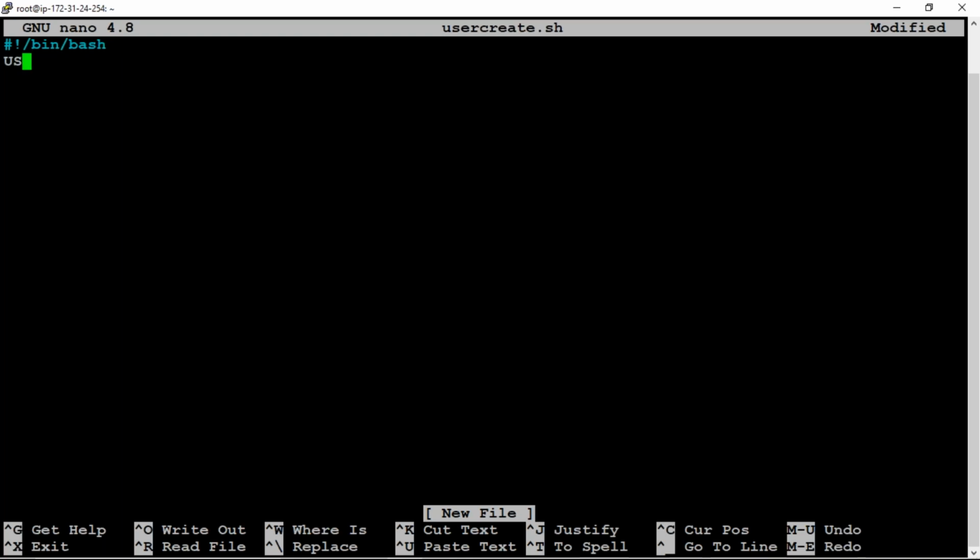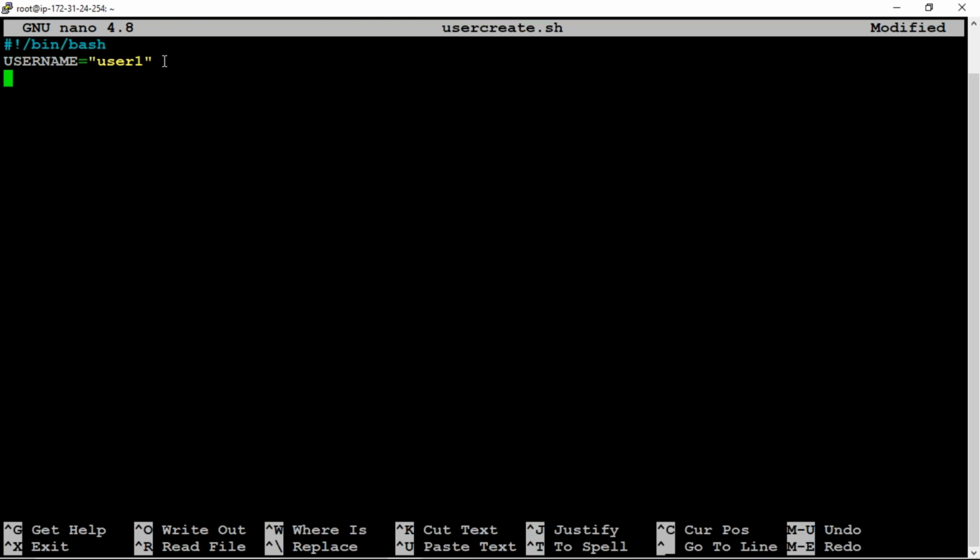So I'm assigning username as my variable equals to, say, user1 I'm trying to create. So username is the variable I've assigned, and user1 is the user I wanted to create.